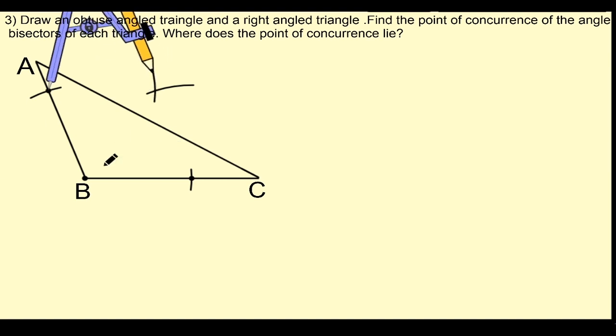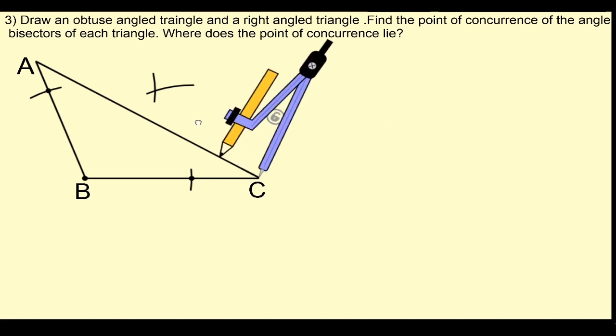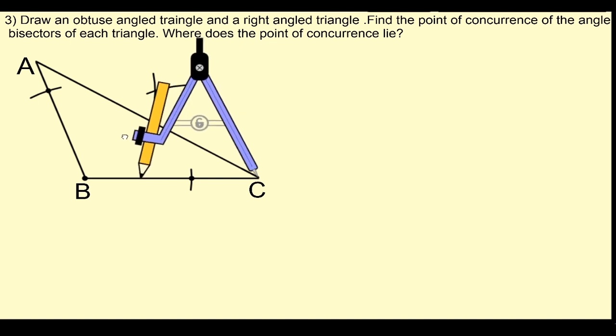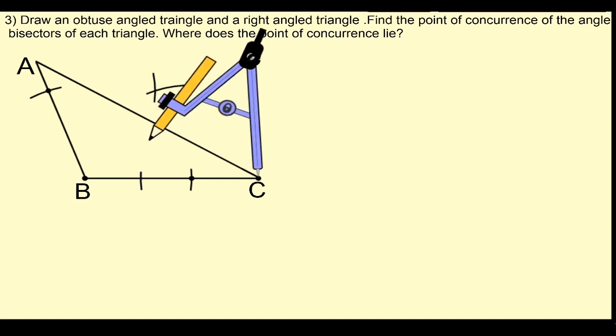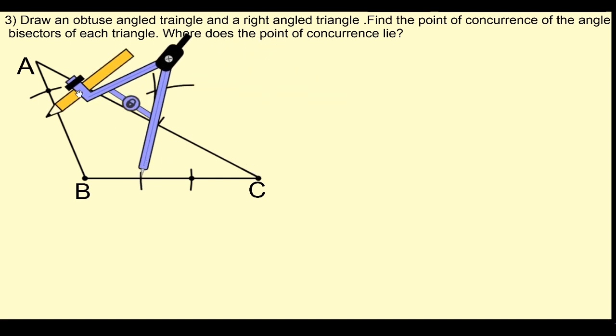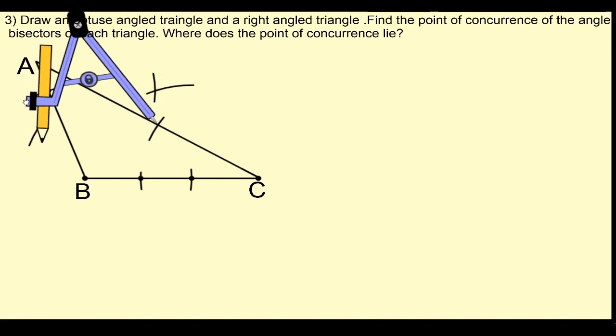Now, if you want, you can draw line for angle bisector. But in this construction, I will draw at the end. Now place the steel head on point C and again draw arcs on both the arms of the triangle. Now again place the steel head of the compass on the arc and draw another arc. Similarly, do it with the other arc.